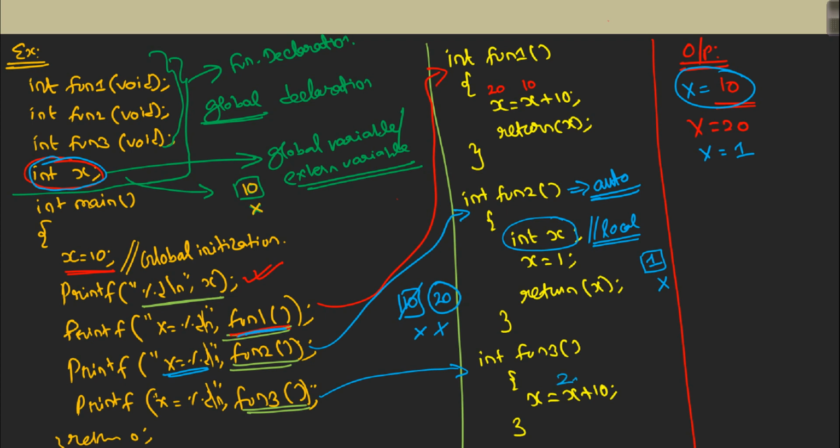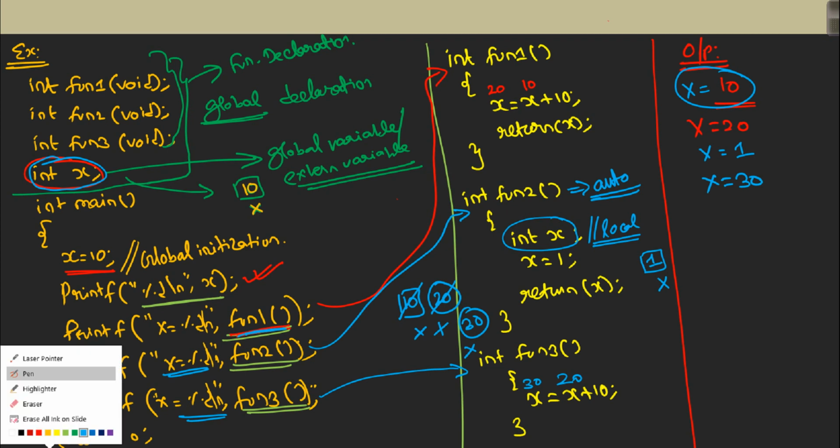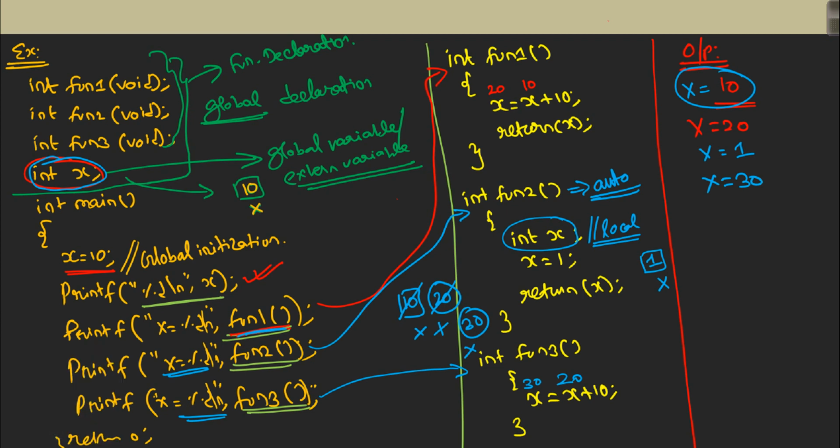So you are making 20 plus 10 and you are assigning it to x again. So the x value will become 30, and you are printing it. Now the x value will become 30. Okay. So if you clearly observe, the first output, second output and third output, these three things are using